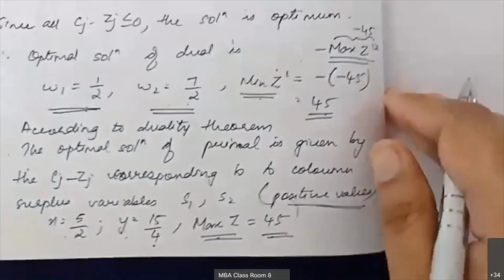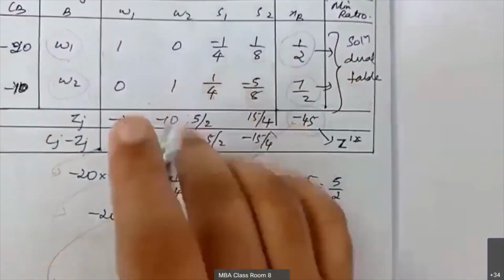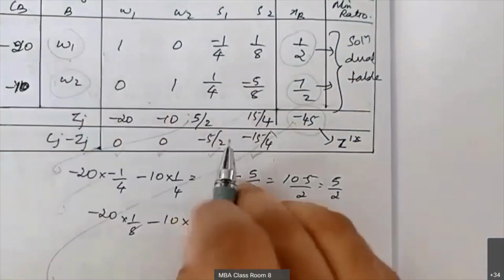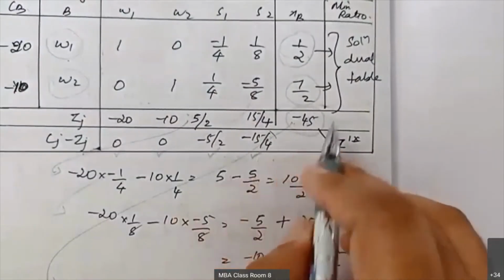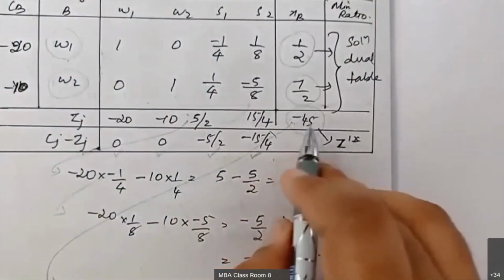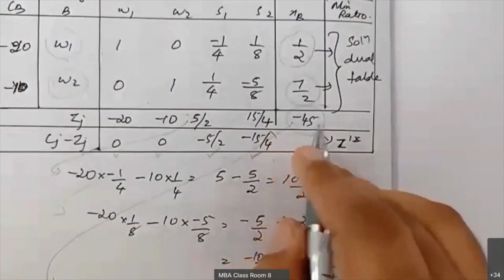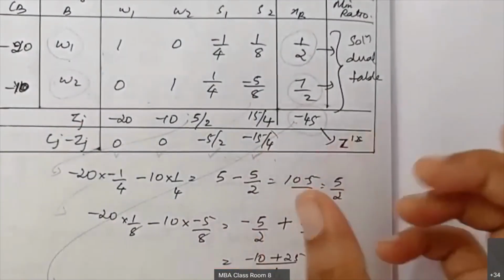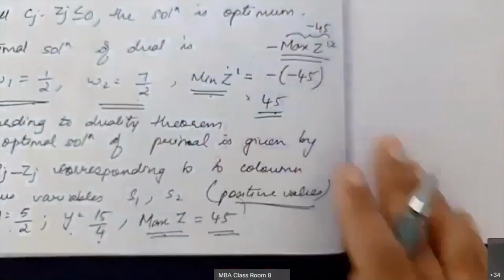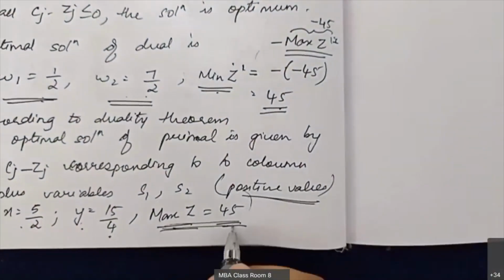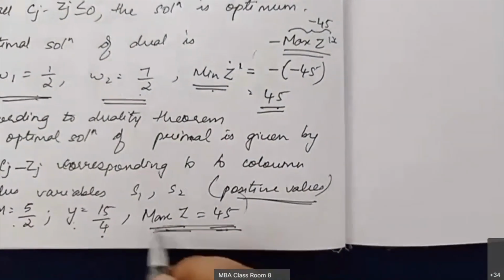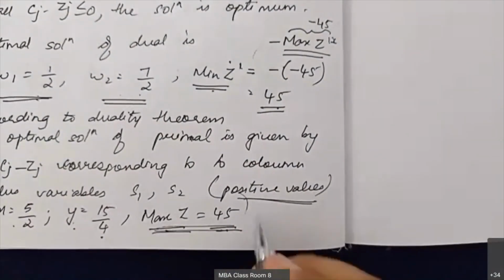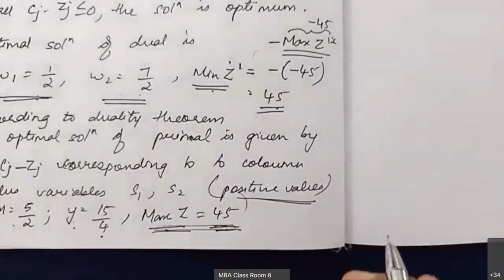So I hope you understood this problem. In the exam, if this problem is asked, you have to do it this way. Take from the dual's last table, optimal and feasible condition, the values of x and y. Don't immediately jump and take this as the maximization or the objective value, because if you have to convert it back into the minimization type, convert it back and only that value you need to take as our final primal LPP's maximization or minimization Z value. So here we have 45.